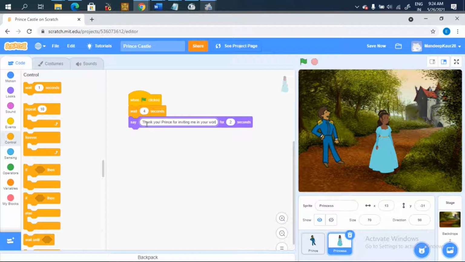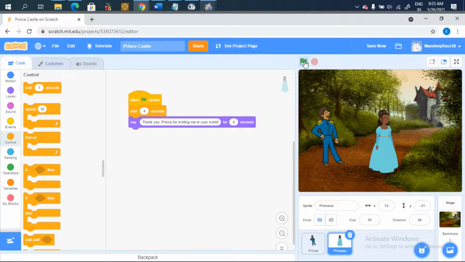So it can be anything, because I'm imagining this story. I can ask anything, I can write anything, any conversation I can have between two characters. You have to imagine your own story. So what I have given is thank you Prince for inviting me in your world, and now she is going to answer this for 4 seconds.